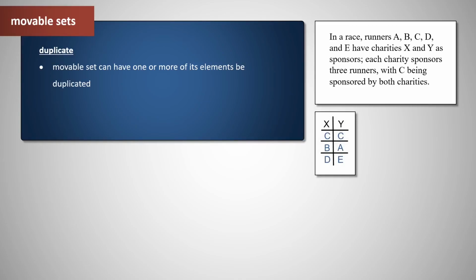We have 2 C's. There's only 5 runners, and this is a grouping game. We've got three elements per group. We've only got 5 runners, but there's 6 slots because one of those runners, C, shows up twice. So this is what I mean when I say that you can have duplicates of elements inside movable sets. And there can be more than 2. You may not actually know how many are duplicated. It might just say that there's multiple examples of a particular one, or you might see that there's less movable than structural. So somebody's going to have to go more than once. You may not know how many times, but the point is you can have multiple examples of a particular movable